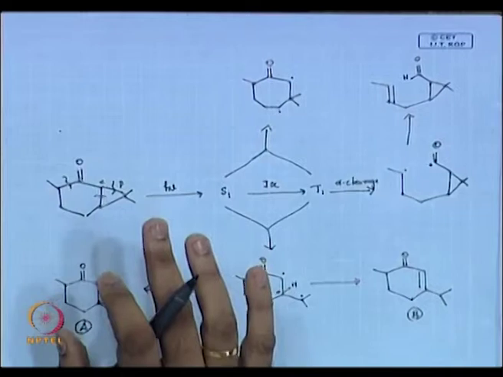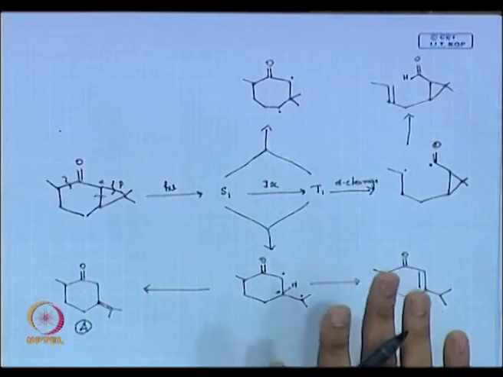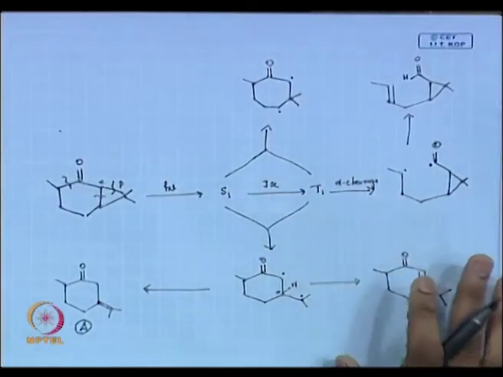So, when a molecule is given, you put your mind and see whether it undergoes all other chemistry. Now, you are studying only alpha cleavage reaction and beta cleavage reaction. In the next class, you will be studying hydrogen abstraction reactions. Then you should know, because all this chemistry is done by your carbonyl only. So, you should understand whether your carbonyl system will do alpha cleavage or beta cleavage, or intramolecular hydrogen abstraction, what type of chemistry, or whether it will do all these things together. That also happens. Okay. So, it becomes nice once you go for good examples.